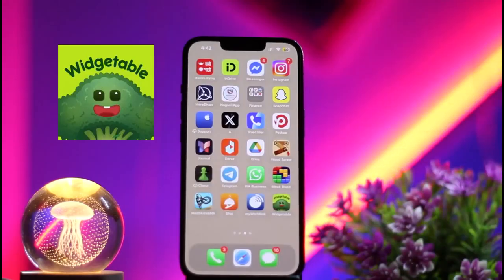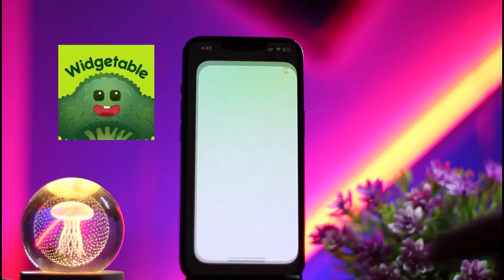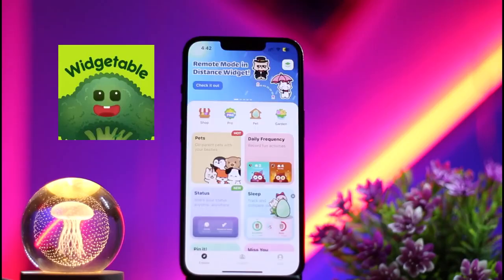So let's get started. The first basic thing which you need to do is make sure that you have already installed the Widgetable app on your device. If you have not installed the Widgetable app, you must simply install it from the App Store or Play Store on your device. After that you just need to open the Widgetable app,